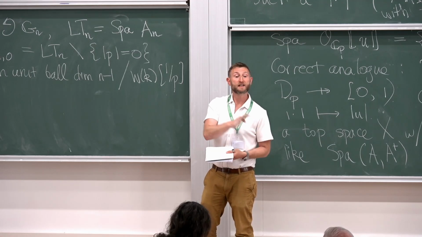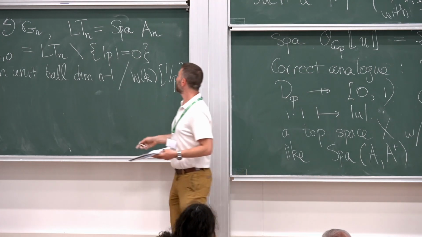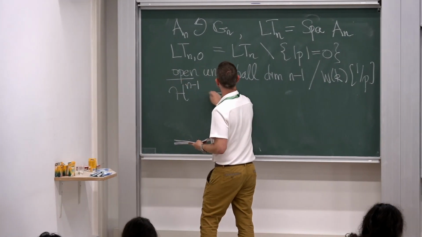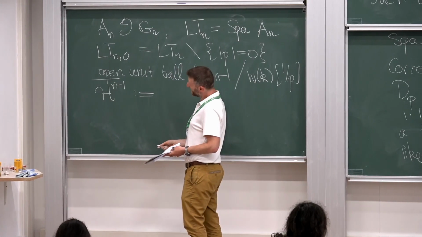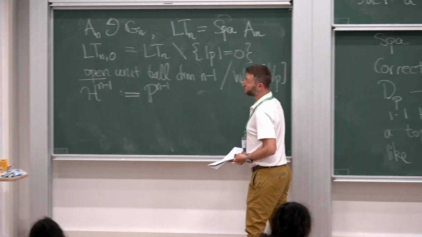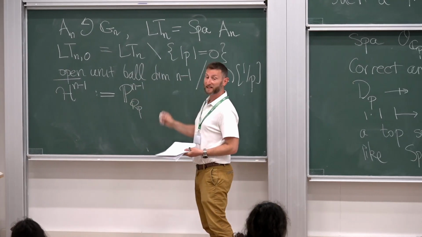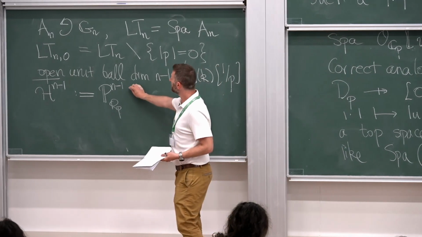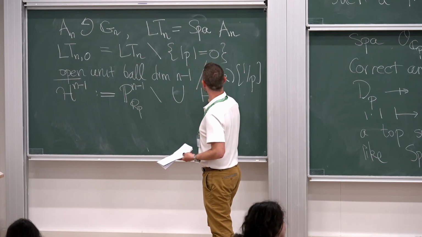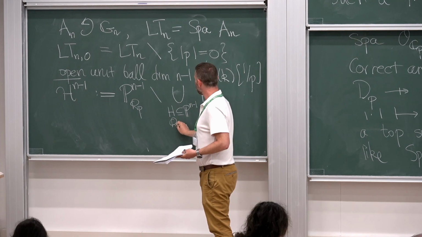What's on the other side? Some kind of analog of the upper half plane. So what's that analog? I'm going to write it as H^{n-1}. So this is Drinfeld's symmetric space. It's a subspace of projective space defined over the p-adic numbers. But I want to consider this whole thing as an adic space. I have to delete from this some portion. It's the portion consisting of all points which live in a hyperplane which is Q_p-rational.